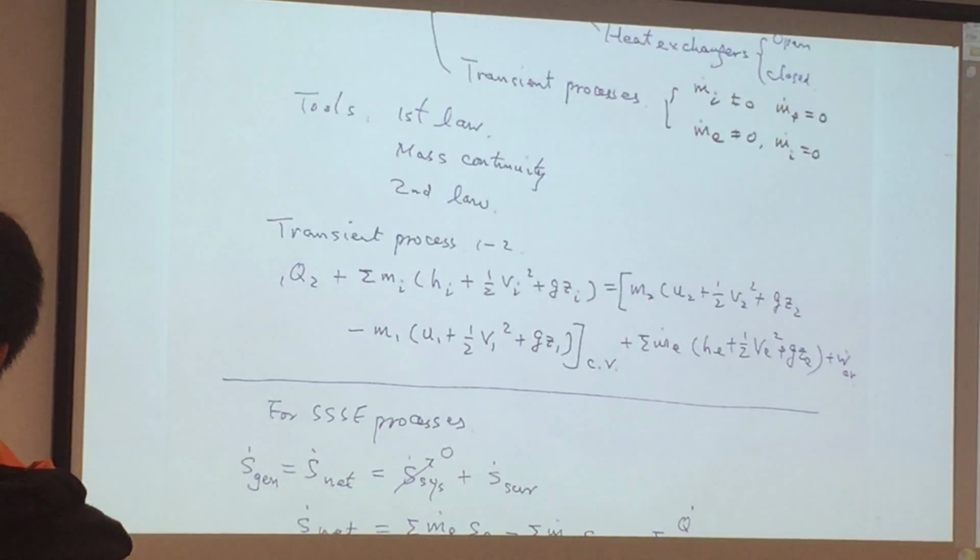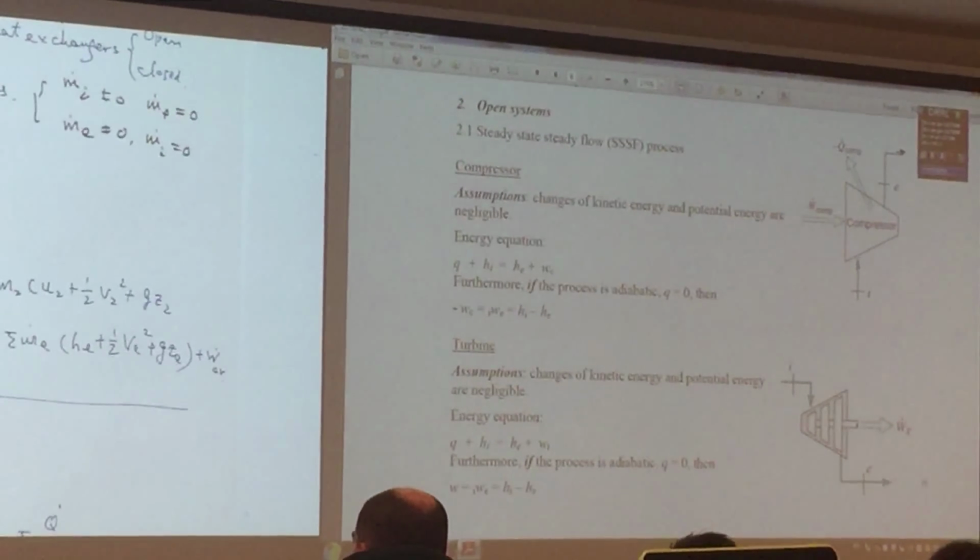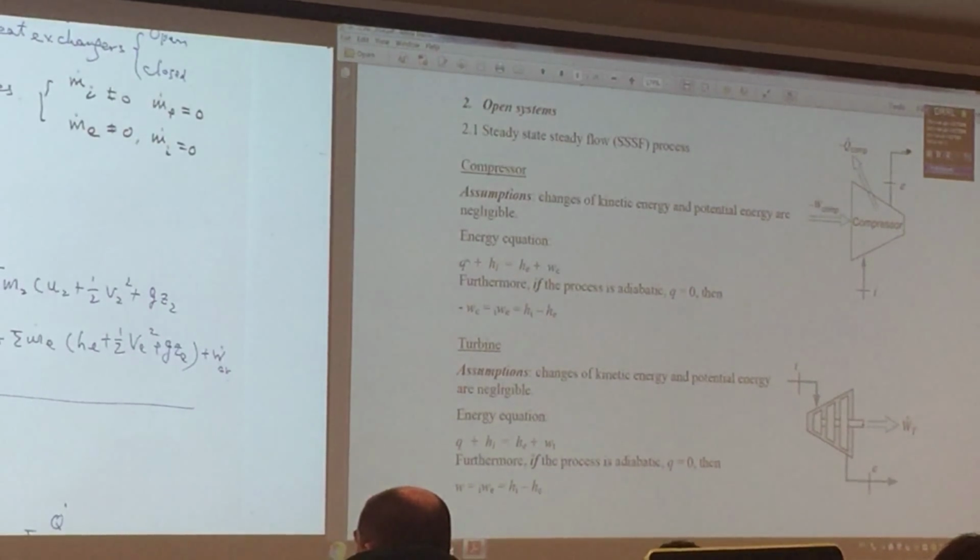So that's the examples: compressors, turbine. Please notice we can't just use this straight away. It depends on the conditions. What are the conditions? Kinetic energy change and potential energy change are ignored, right? And then only one single mass flow rate. That's why the energy equation can be divided by the constant mass flow rate and become a specific energy